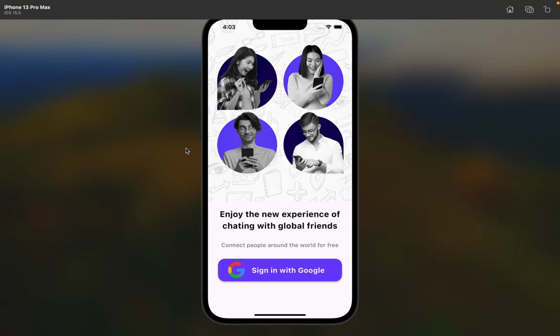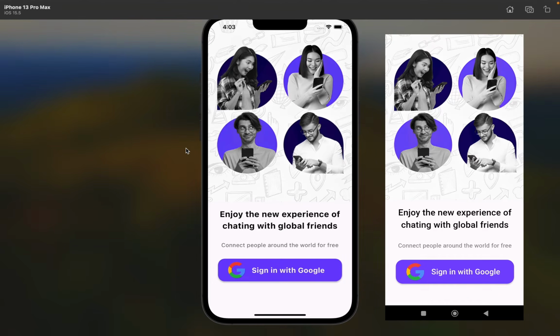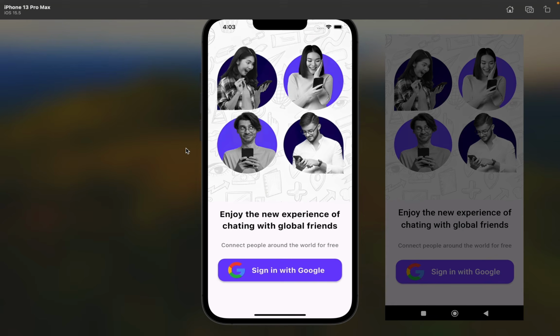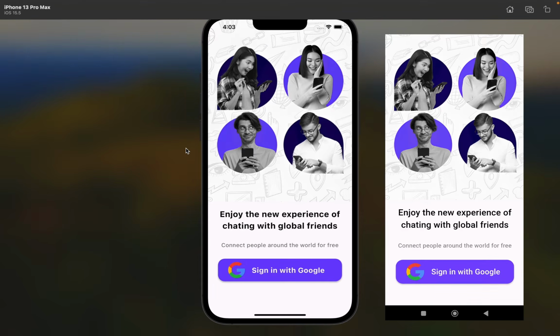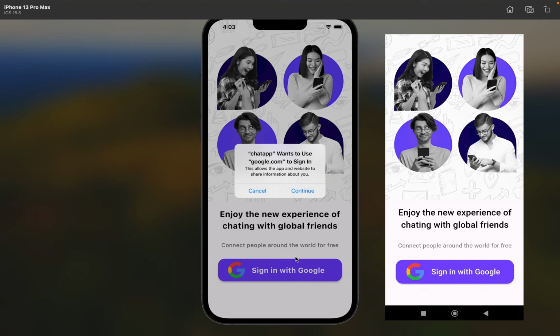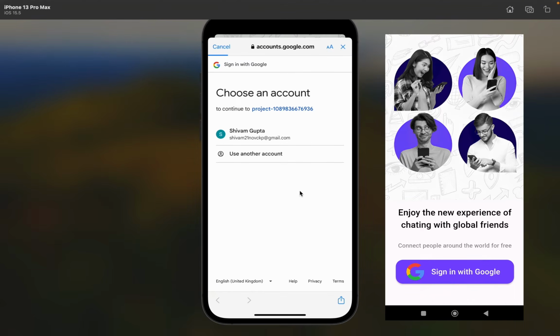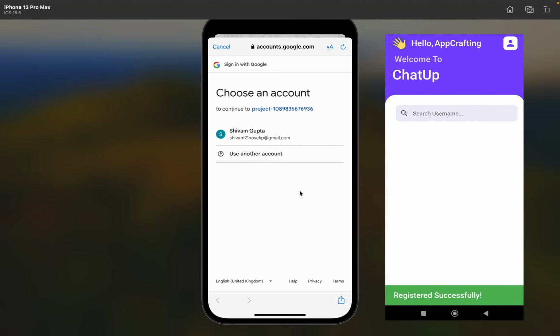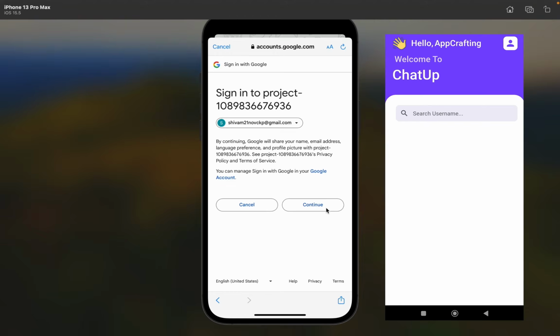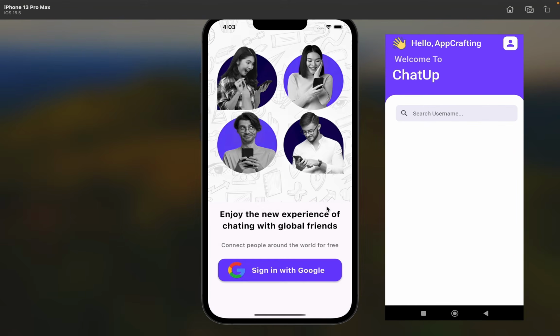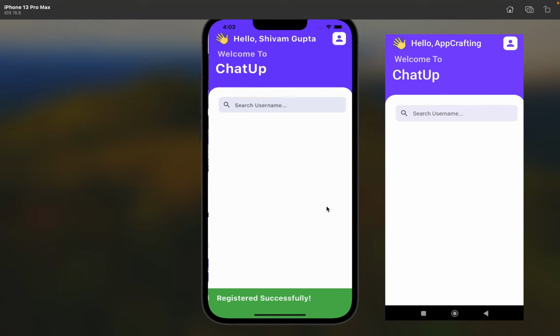Now here, first I am going to authenticate with the help of Google in my Android device. Then I will authenticate with the help of Google in the iOS device. So let's click this sign in with Google button, and now we'll click this iOS button also, and we'll select one of my accounts for my Android device and one of my accounts for the iOS device. Now we'll sign in with Google in both devices, and we have registered successfully and directly move